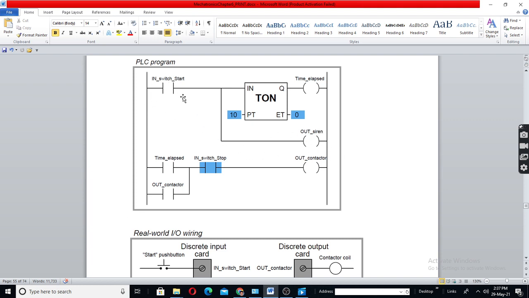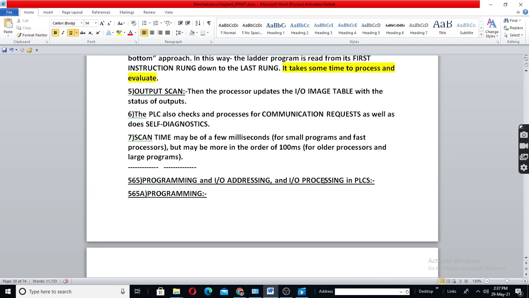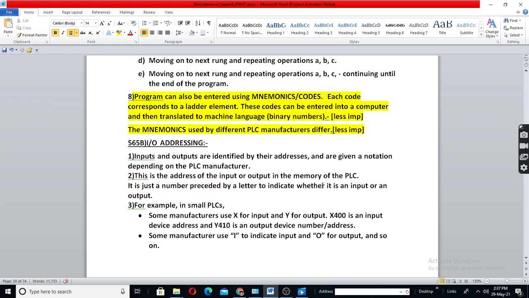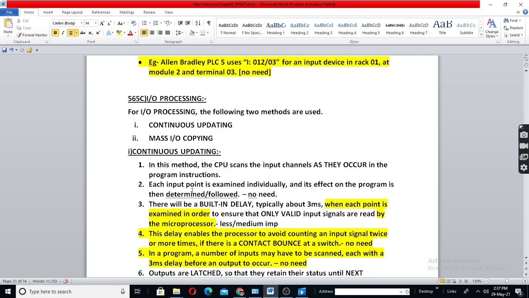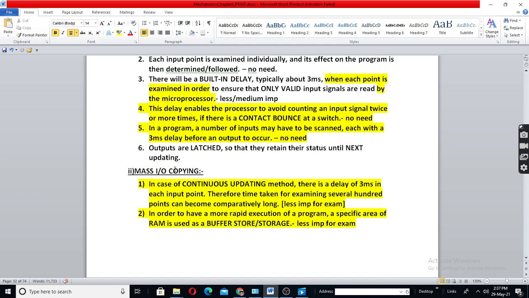Else there will be only 2 microseconds in continuous updating technique. In mass IO copying technique, it will be 200 or 300 depending upon the length of the program. So that is what is written here. Continuous updating, and mass IO copying.